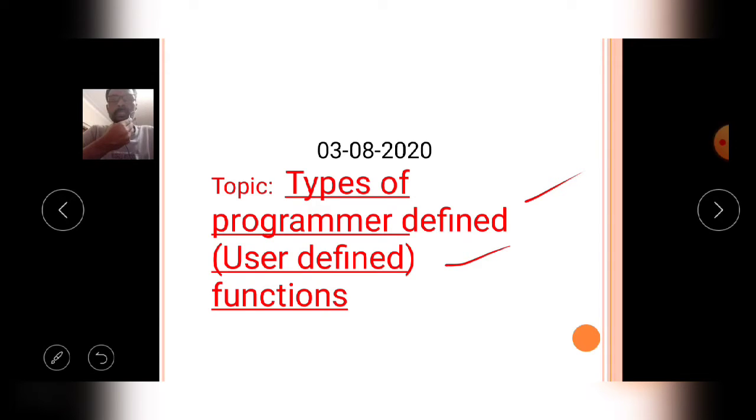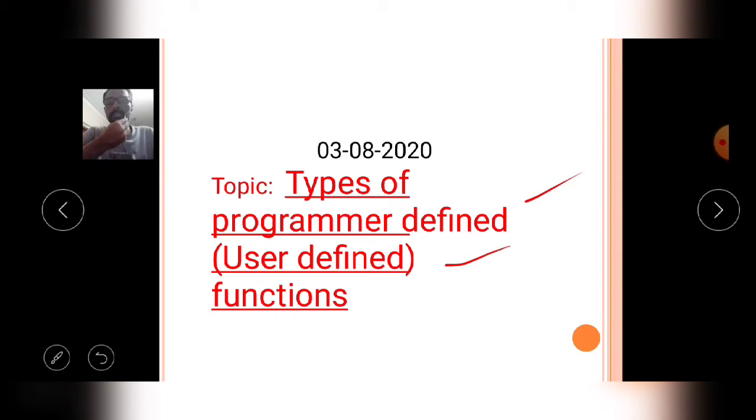The first part, the prototype declaration, explains the function behavior, meaning what type of arguments it receives and, after completion of execution, what type of value it returns. The brief characteristics of a function are available in the prototype declaration part.